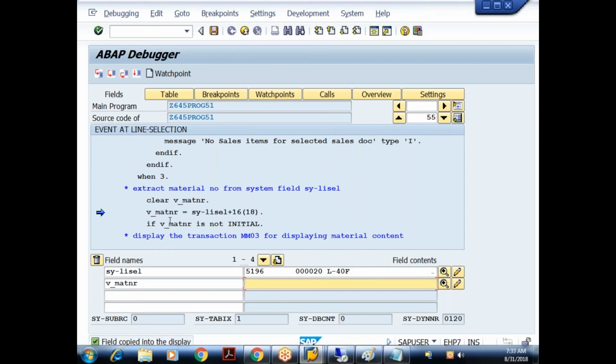But let me check what is happening in MATNR. When I say F5, good. I got 0. So I'm getting from here, I should get from here. So why like that? That is the issue. Okay, that's why it is shown there. So